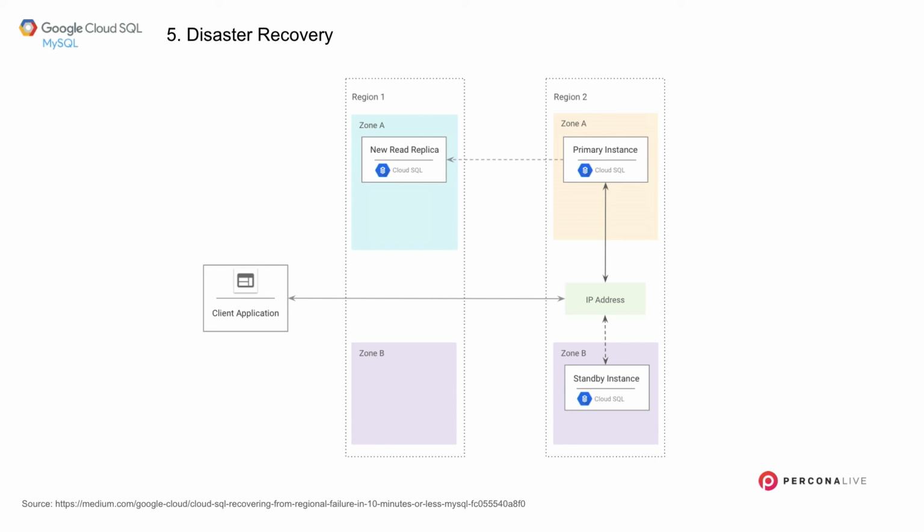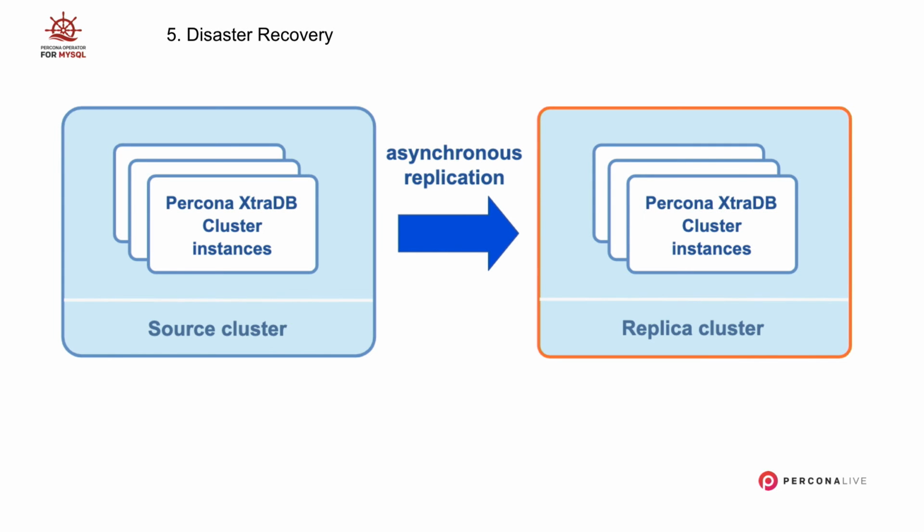So you need to move the workload, use another IP address, and rebuild your replicas, and the procedure needs to be repeated if you want to fail back when the region comes back. The operator actually simplifies that a bit, because there is a concept that was introduced by MySQL a couple of versions ago of replication channels and automatic replication failover, if I'm not mistaken how it's named.